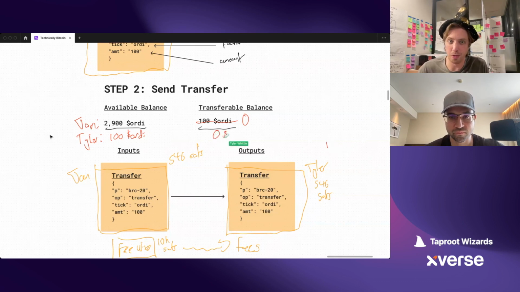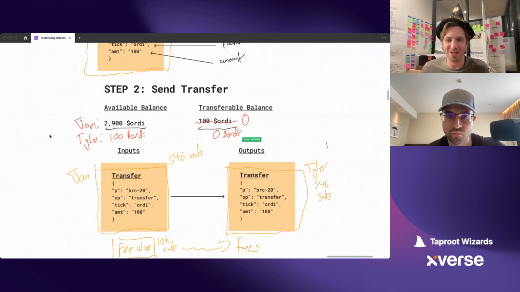If I wanted to transfer this back to you, I have to repeat the process that we just talked about. I would have to go back and inscribe a transfer to myself again, and then send that transfer to you. This is how we can start to see that BRC-20 requires a lot of UTXO usage and creation, because every time we want to transfer a balance, we have to create a new UTXO that holds this transfer function on it. That causes the UTXO set, the total number of UTXOs on the network, to expand very rapidly, particularly when these things are so in demand.